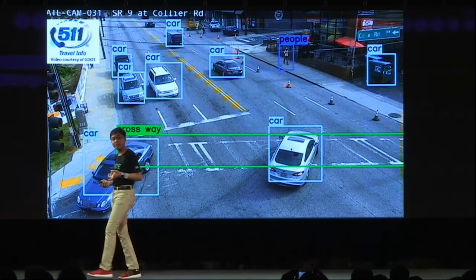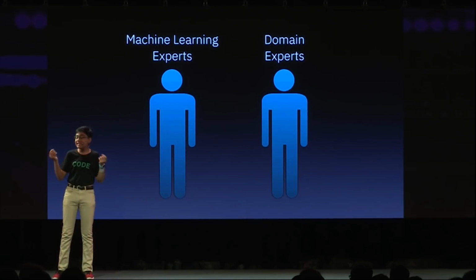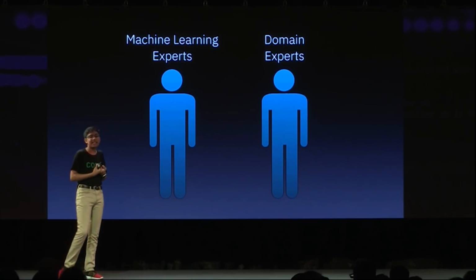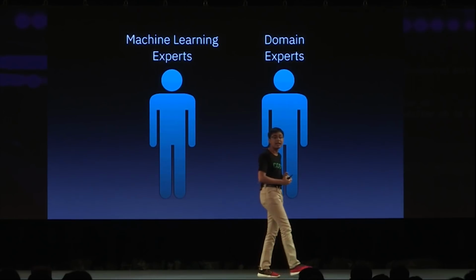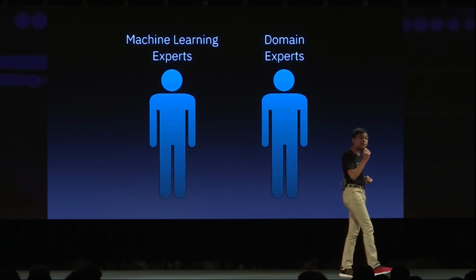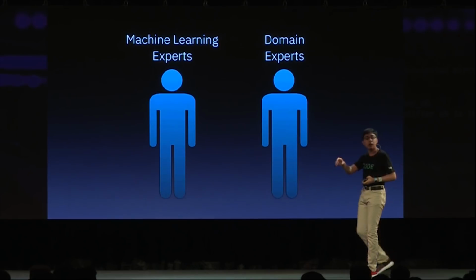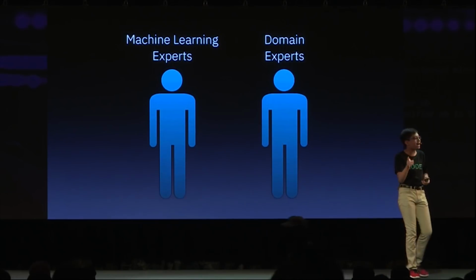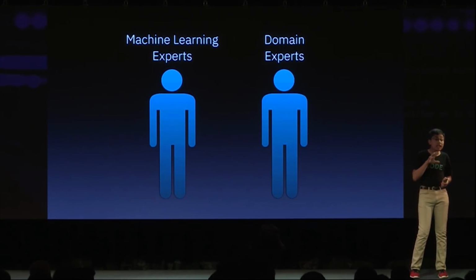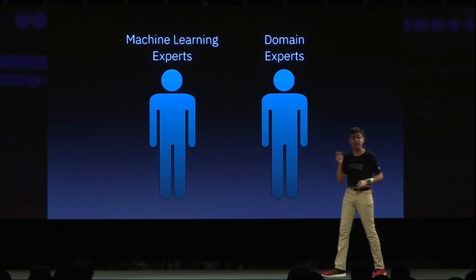There's also the problem that there's a huge gap between the machine learning experts and the domain experts who are creating the data. Like, for example, if we've got a domain expert, say an oncologist, and they're trying to create a data set and help the machine learning expert, because the ML expert isn't an expert in that specific domain, they may not be optimizing or creating the machine learning model in a way that's absolutely optimal for this specific use case in this specific domain. If they know the kinds of patterns and the kind of data that they're working with, they can really get their hands much deeper into that and personalize everything else they build to that data.